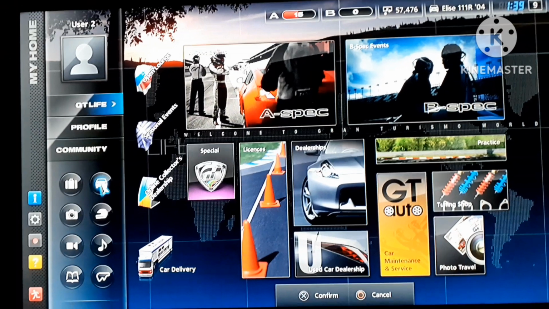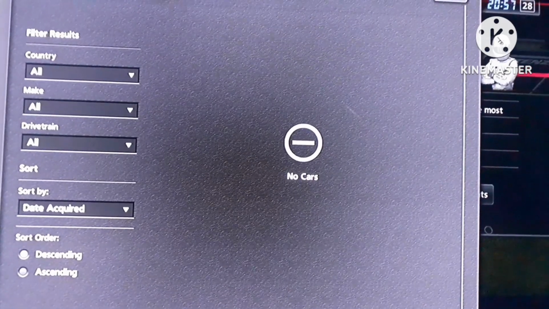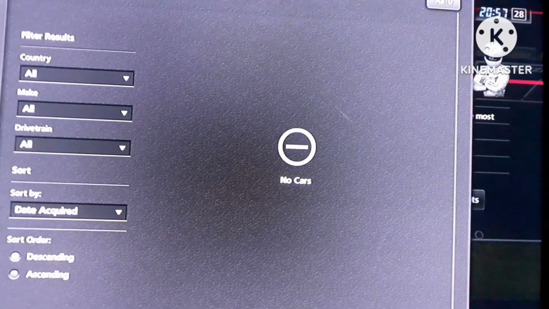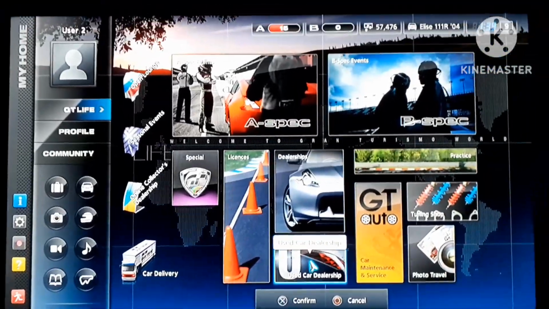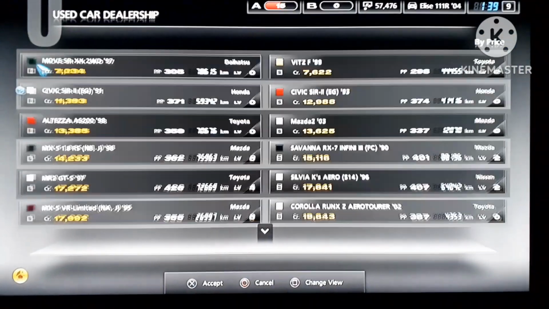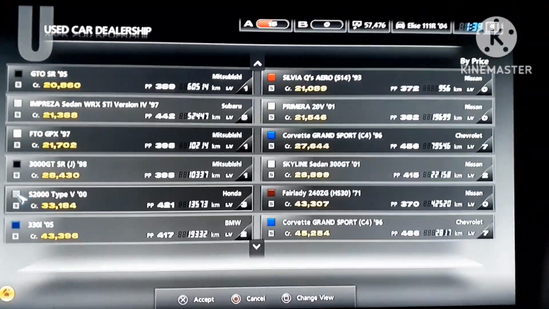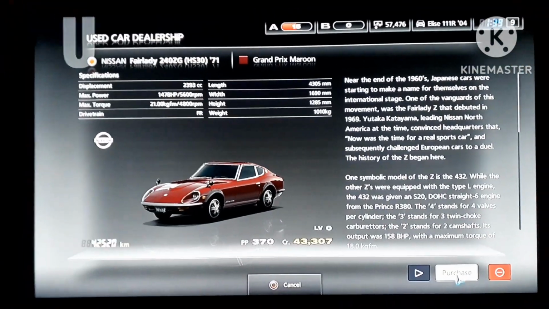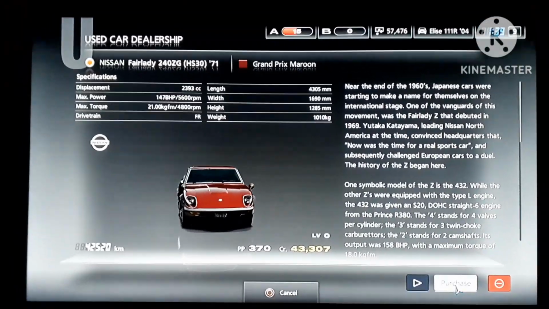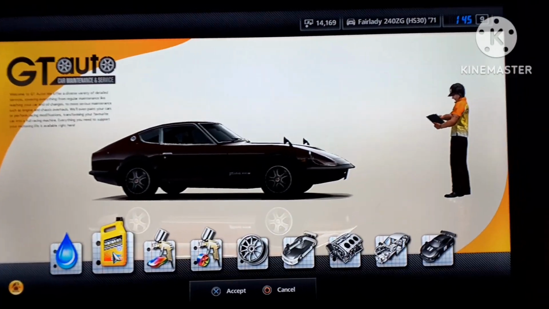Now, I really wanted to do Japanese classics, but the problem is that I don't have any cars that are eligible for the event, and also, none of them are premiums. So, let's see what the used car dealership has to offer. Heh, nice. We can use this car for Japanese classics. And before I forget,